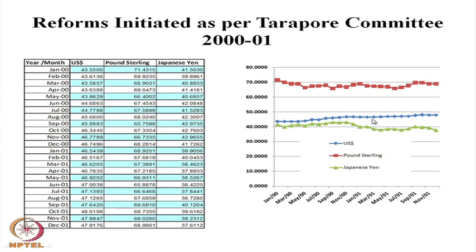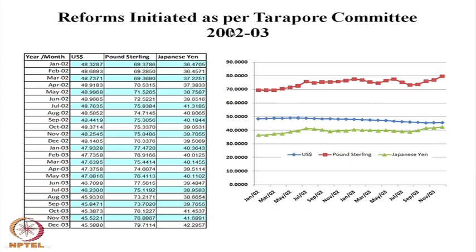This depreciation was required to make the rupee more attractive for exporters. However, there is no significant volatility in the rupee value against the dollar, against pound sterling and the Japanese yen. This is a remarkable achievement on the part of the reformers, where they have reformed the capital account and also the current account. Similarly, from 2002-3 onwards, if you see, the rupee also during this period